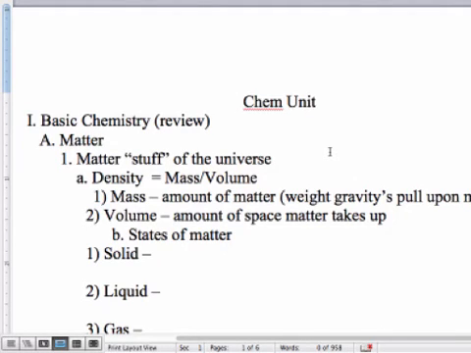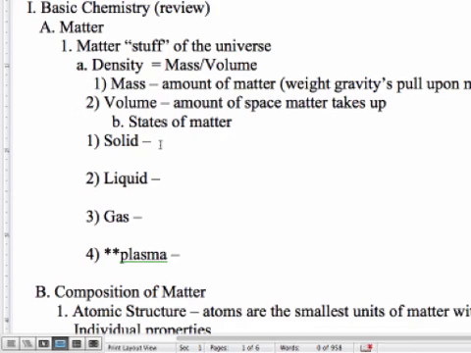States of matter. Now, I'm not going to write these in, so you just kind of got to listen for the definition. We have our 4 states of matter: solid, liquid, gas, and plasma. Solids have a definite shape and a definite volume. They also have their atoms in very tight, very orderly arrangements that allow for very little space, so those atoms don't move very much. And that's why they get that really hard, solid appearance, and that's why they have a definite shape and definite volume, because those atoms cannot move very much.